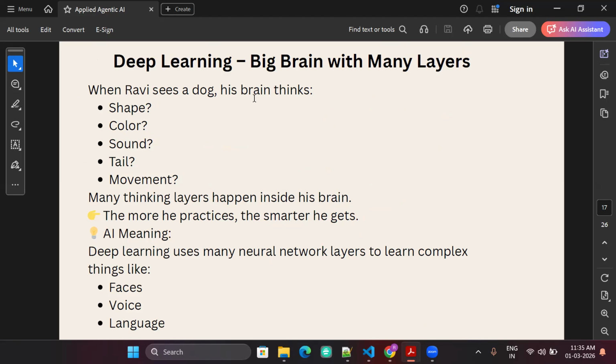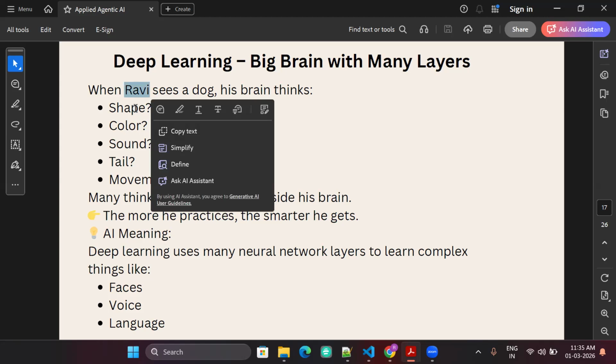Example, when Ravi sees a dog, then what he does is see. Because till now, we were just talking about one or two attributes or features of a particular training instance or model, right? So now, basically, when Ravi sees a dog, he sees this animal. He doesn't know it's an animal or not, but he recognizes there's a shape and a form of it. It has a color. It is sounding. It has a tail. It's also moving. So what happens now is Ravi has to now visualize all these inputs.